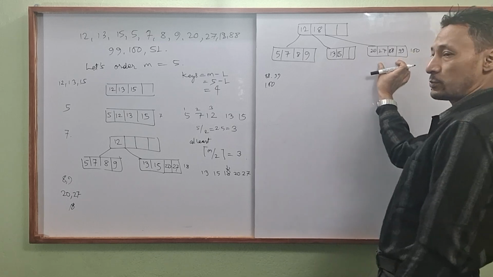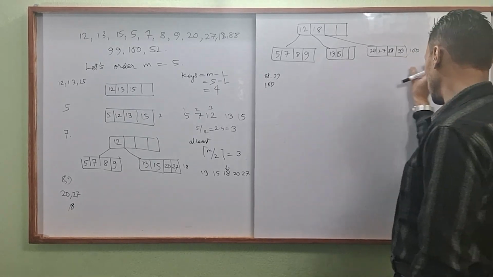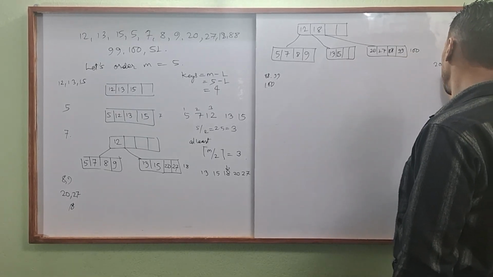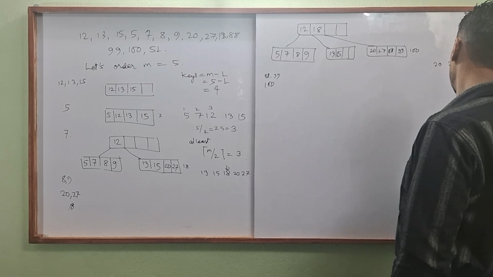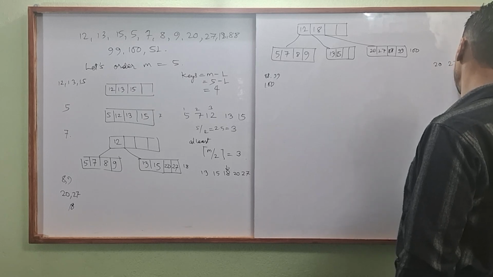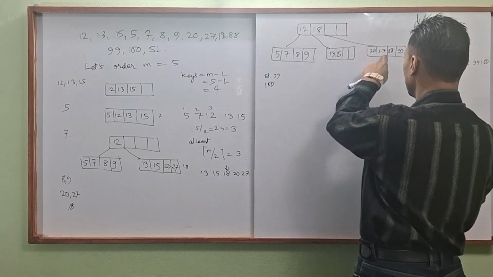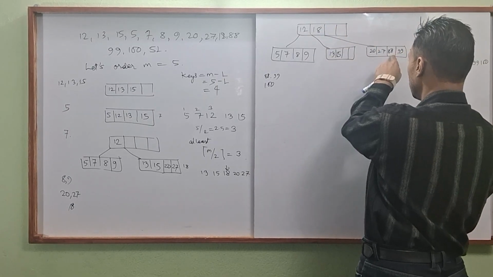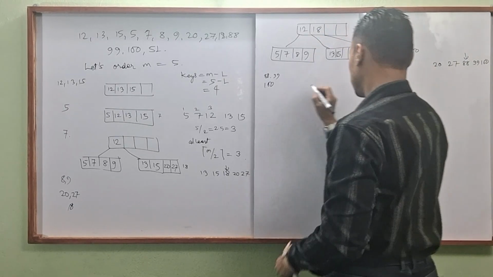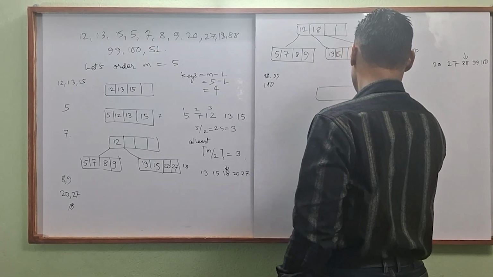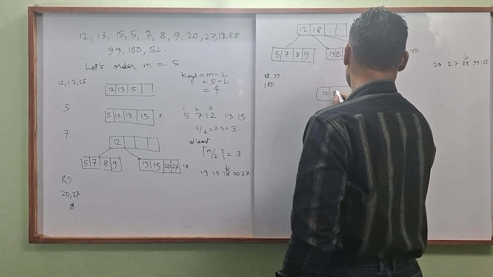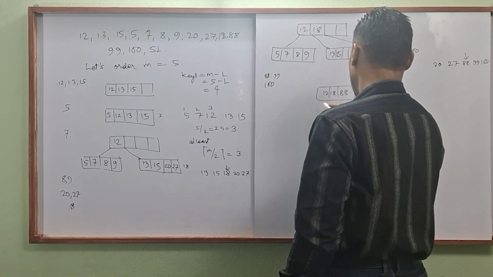But there is no space within this node. Okay, so again we rearrange here: 20, 27, 88, 99, 100, and the middle value is 88. So we'll take the 88. In the parent node there is space, so we'll promote that 88 to this parent. Okay, so this will be like 12, 18, 88, and then